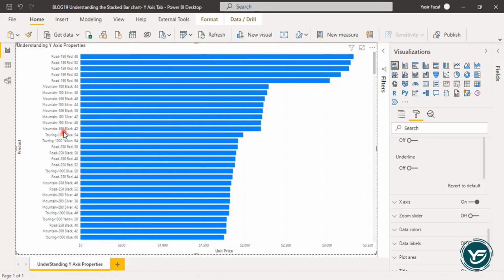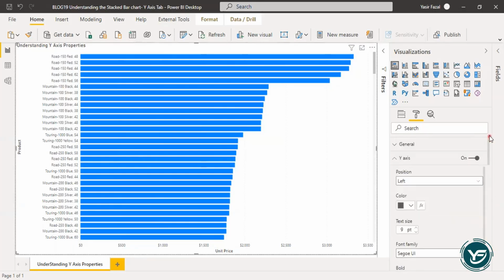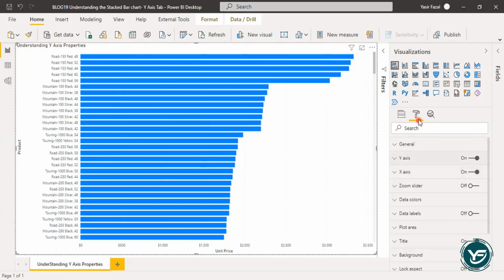So it's a small exercise to understand the y-axis property. So let's start. In order to access the y-axis, first you need to click on the format button, and then under the general tab you will get the y-axis of the visual that you would like to play with.